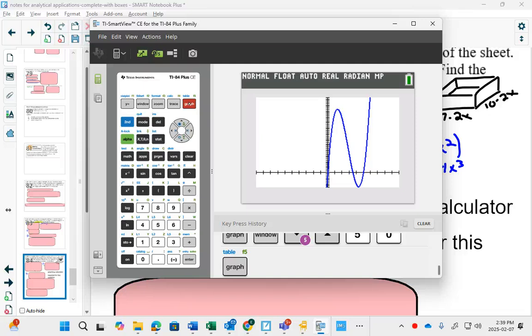Okay? You might ask yourself, well, Mr. JR, that's not the absolute maximum. Why don't I pick a bigger value? Why don't I pick something further to the right? Because it gets bigger. Okay? Now, if we think about this question, though, there are some restrictions